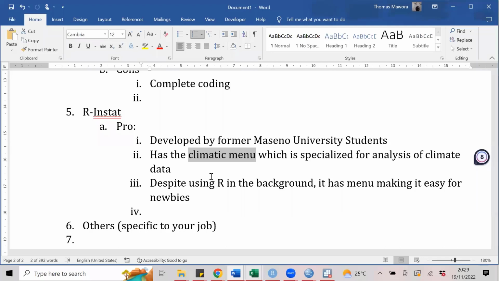And I think it does a very good job at that. It works with R in the background, but it has a menu. So it makes it a bit easy for somebody who's learning because now you have a menu where you can click and get an analysis done, and then you can store the codes. So because it's our own, I cannot say any negative things about it.